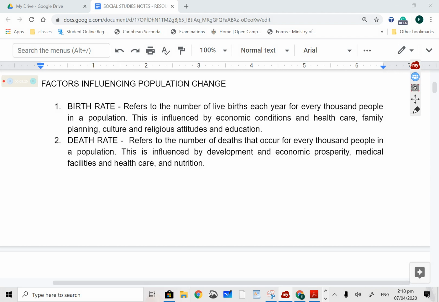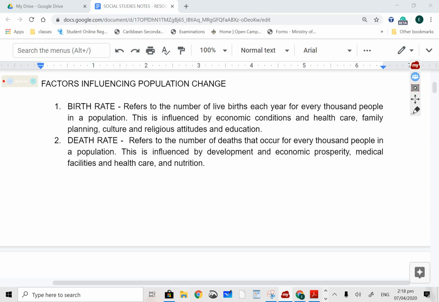So notice that the definitions are quite similar, right? Refers to the number of deaths that occur for every 1,000 people in a population. This is influenced by development and economic prosperity, medical facilities, and healthcare. So it is kind of similar to birth rate. Okay, so the death rate as well, in terms of at what age, so life expectancy, all of that comes into play there. At what age would somebody possibly die in a country if,